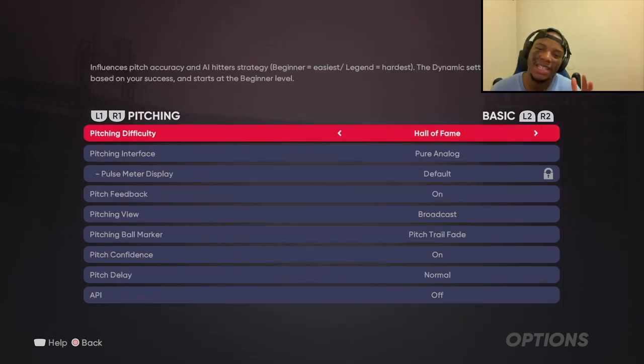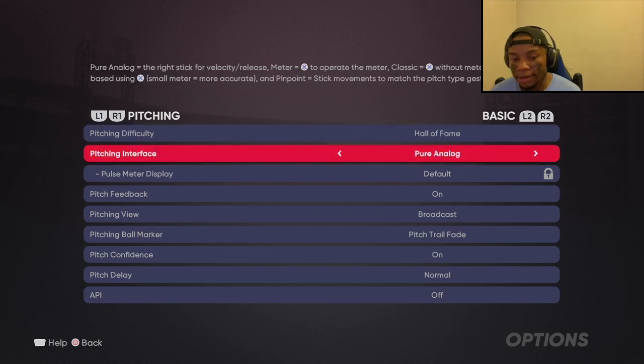Now, pitching is huge. Pitching is huge. They revamped it. The pitcher interface, they have shown pinpoint pitching. No one has mastered it. This game just came out. Honestly, the easiest one to do is pure analog to learn. Meter is cool too if you want to try that out, but I think everybody's probably still gonna use pure